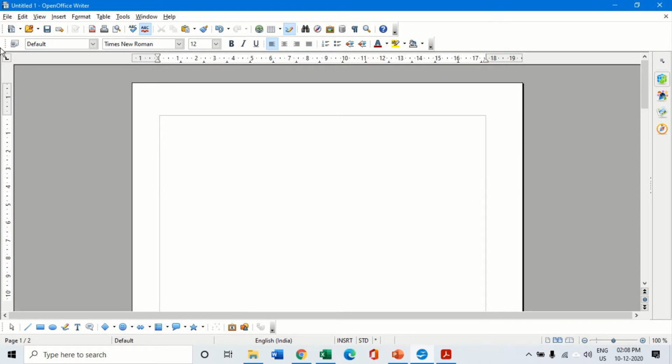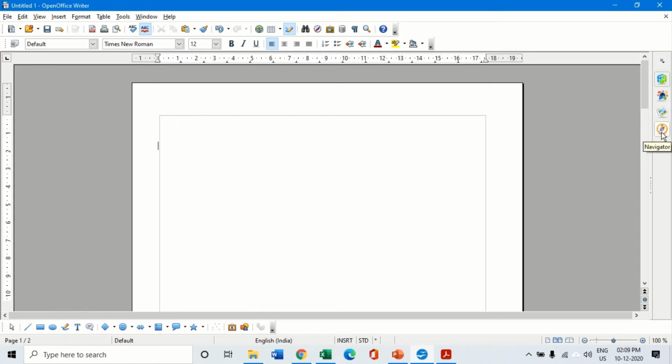So basically these are the different parts of the OpenOffice document, that is the OpenOffice Writer text document. On this extreme side there are a few keys, that is the properties window, the style and formatting tabs, and a clipart gallery which helps me to insert pictures into the document.